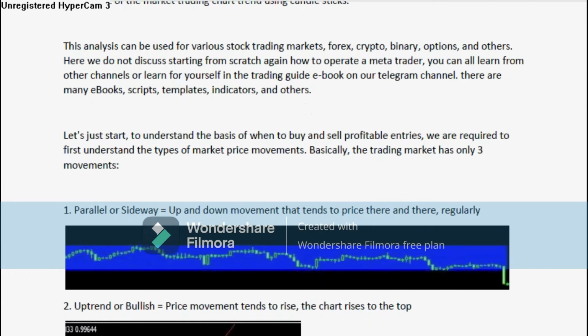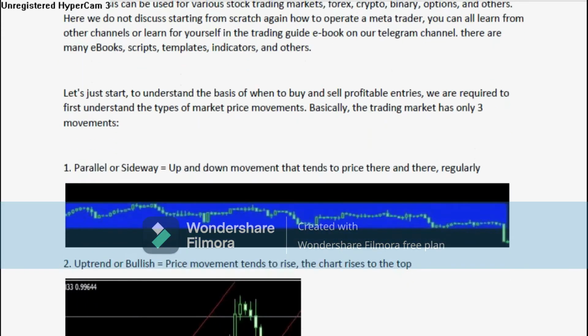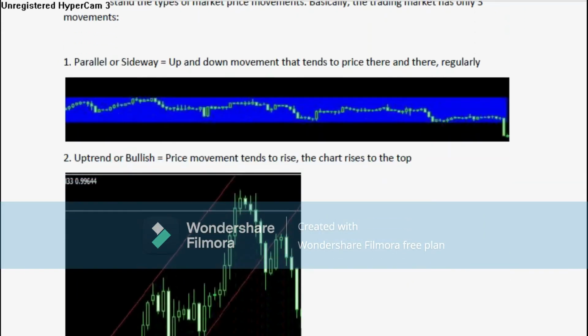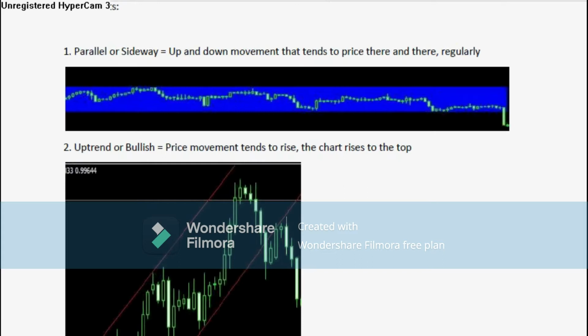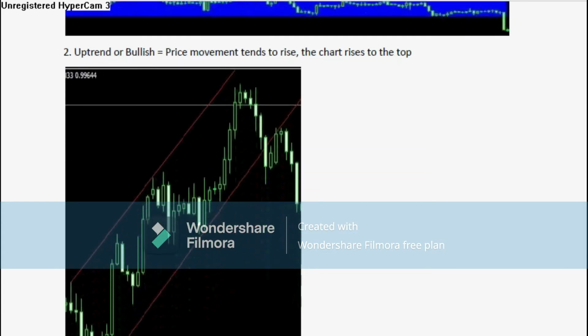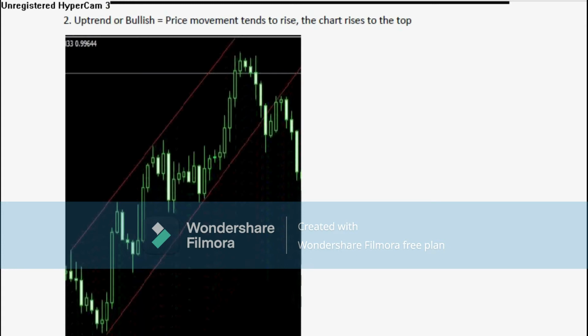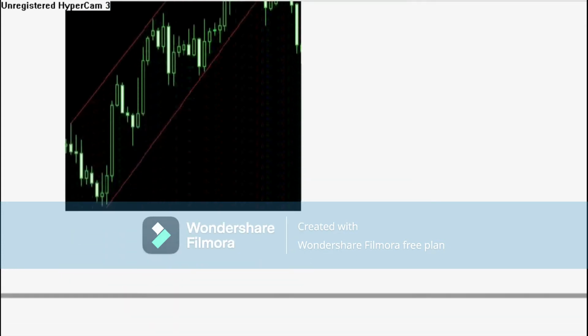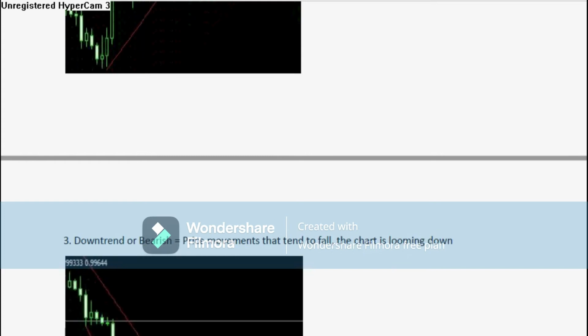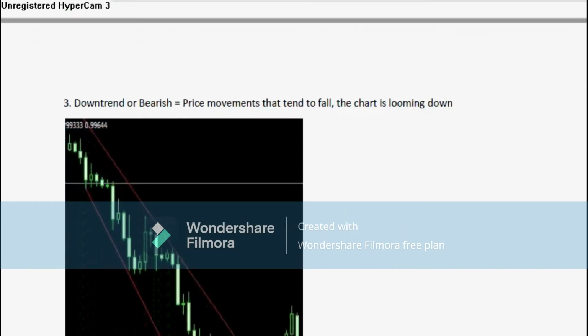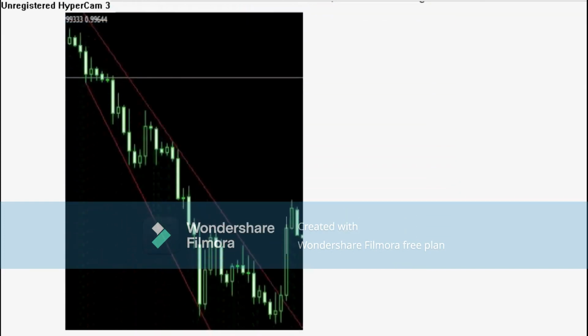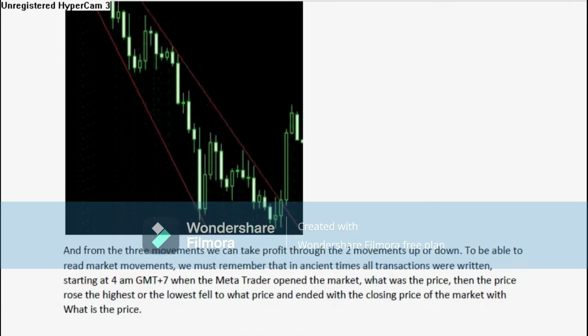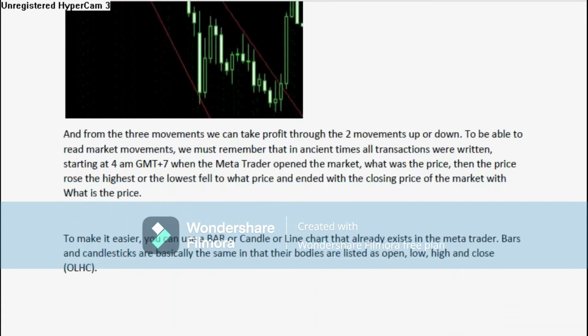Let's just start. To understand the basis of when to buy and sell profitable entries, we are required to first understand the types of market price movements. Basically, the trading market has only three movements. 1. Parallel or sideways equals up and down movement that tends to price there and there, regularly. 2. Uptrend or bullish equals price movement tends to rise, the chart rises to the top. 3. Downtrend or bearish equals price movements that tend to fall. The chart is looming down,